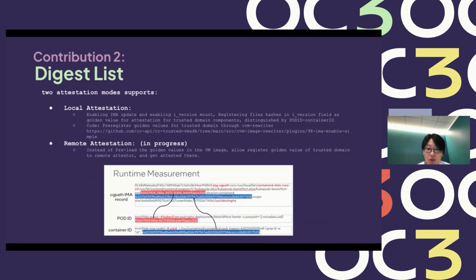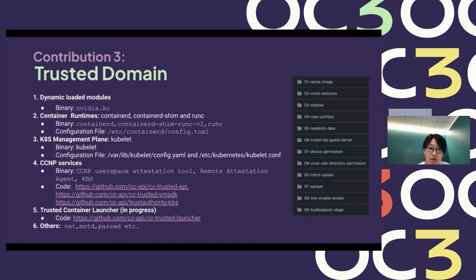And we are still working on remote attestation support, which registers golden values in the remote attester and attests there. For the trust domain, we added the NVIDIA KO and containerd, container shim, runc, etc., and our CCNP products like the CCNP user space attestation tool and KBS, etc.